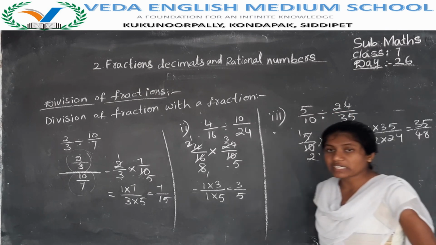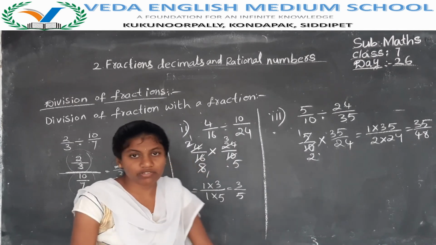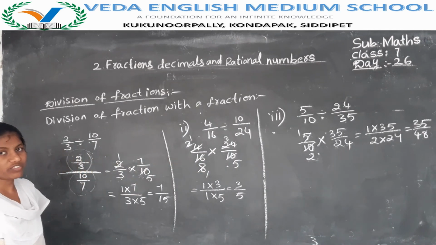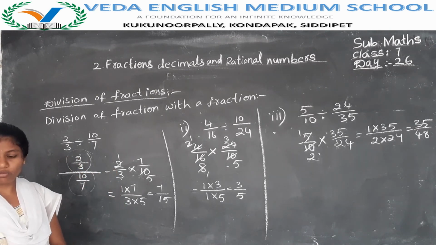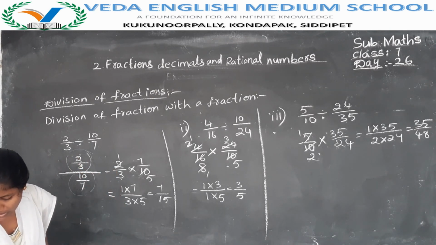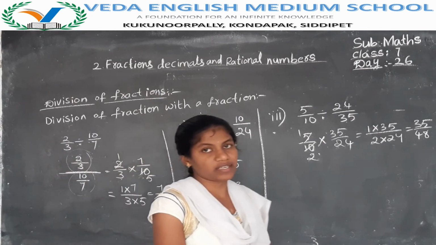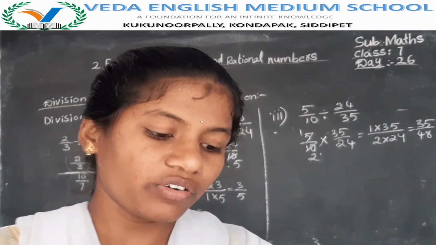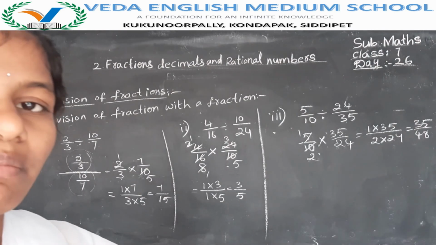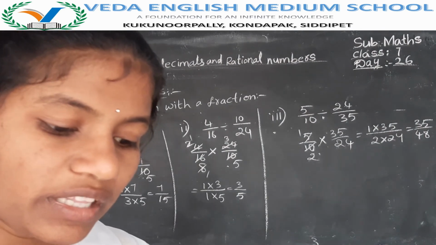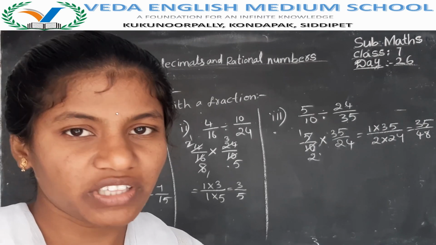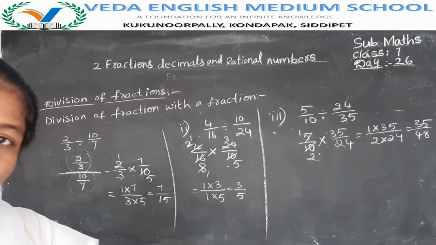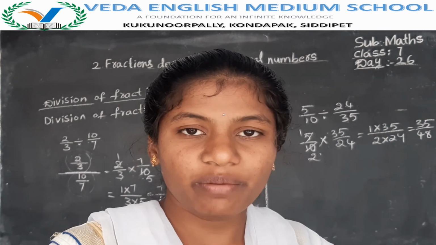Like this you have to find the division of fractions. In the next class we will learn how to divide a fraction with a whole number. In exercise 3 we have completed the word problems and one more problem, that means the 4th, 5th, 6th and 7th. Write that homework in your notebook. Afterwards, we learned how to divide a fraction with a fraction. In the next class, we will learn how to divide a whole number with a fraction.